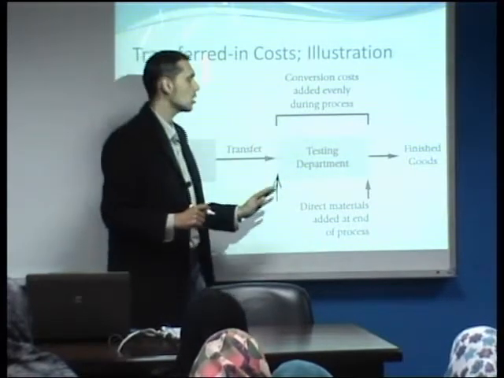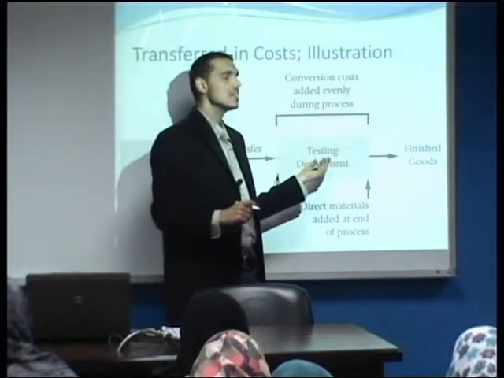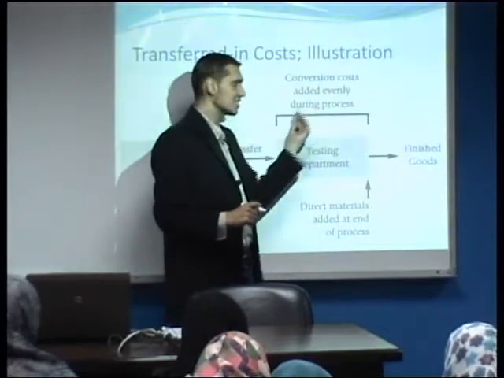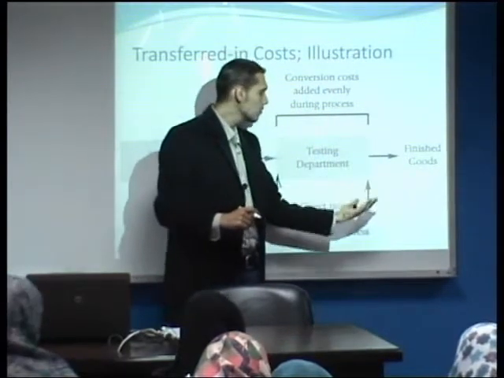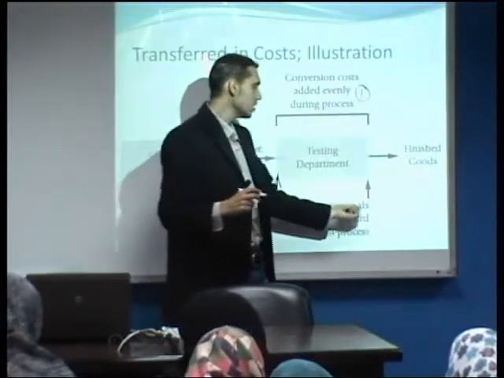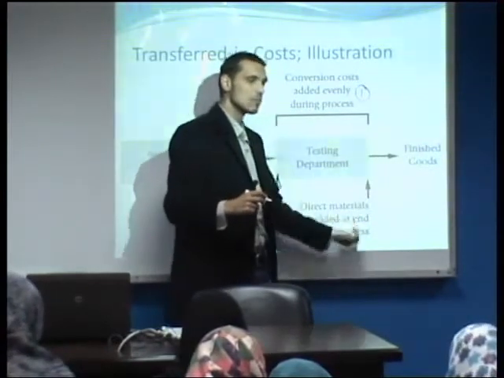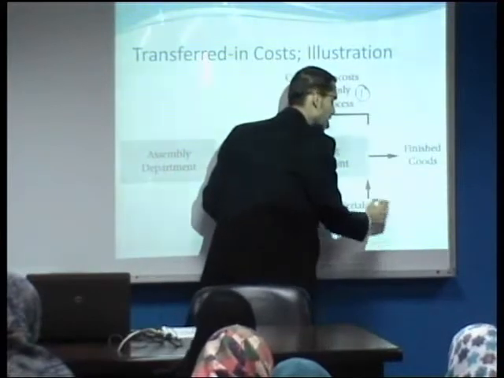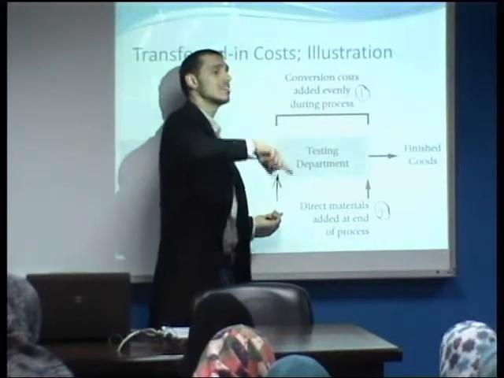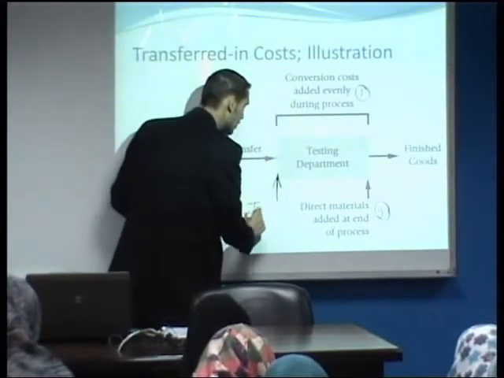Because as we are seeing from the illustration, we have conversion costs that are added evenly. This is category number 1, let us say. We have direct materials that are added at the end of the production process. This is the second category. And as we can see here, there is a third category which is called transferred